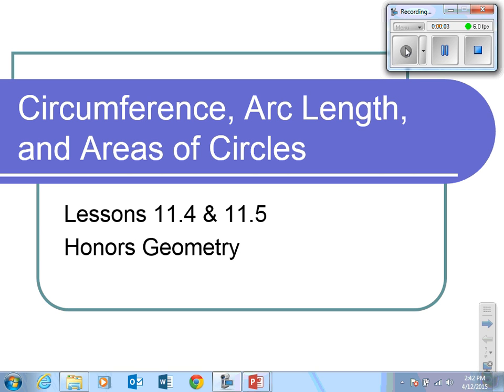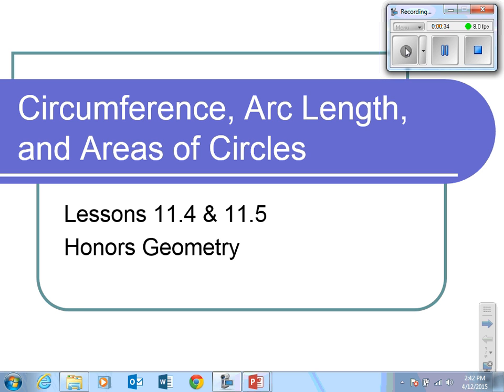Okay, today's lesson is going to be over circumference and areas of circles, and also finding the arc length and the area of a sector in a circle. So circumference and area of a circle is probably going to be review for you, since that's something that you've probably done before. So we will review that quickly, but we'll really spend some time talking about arc length and